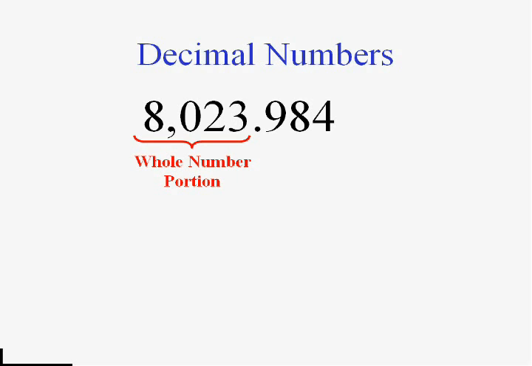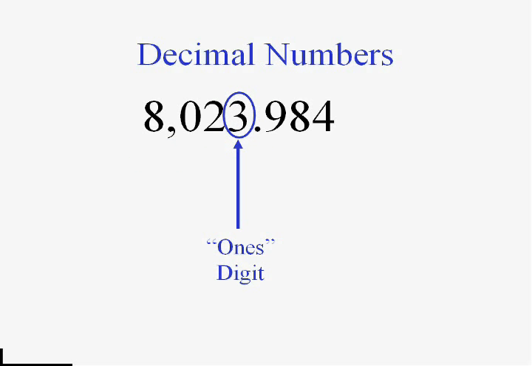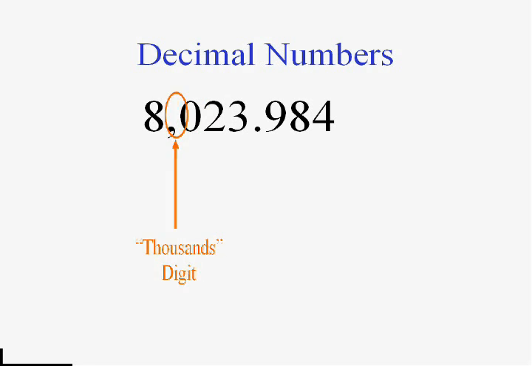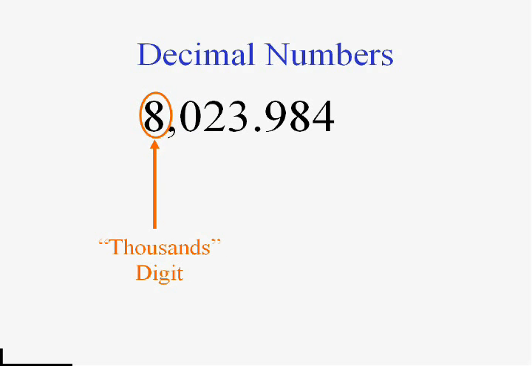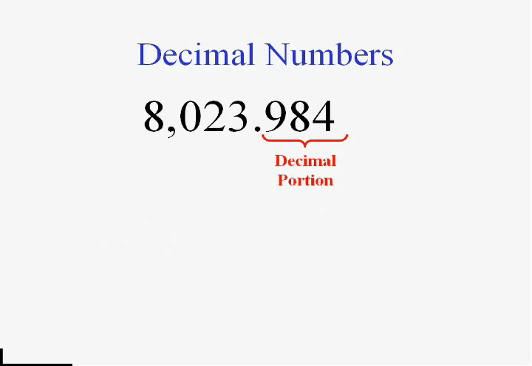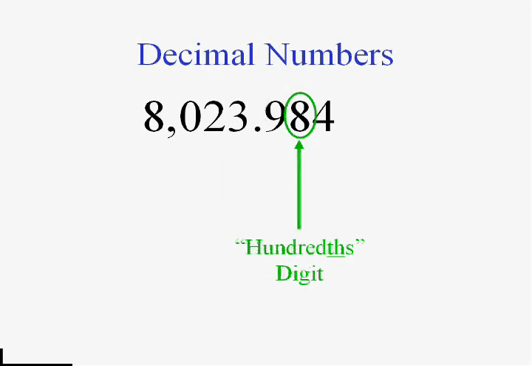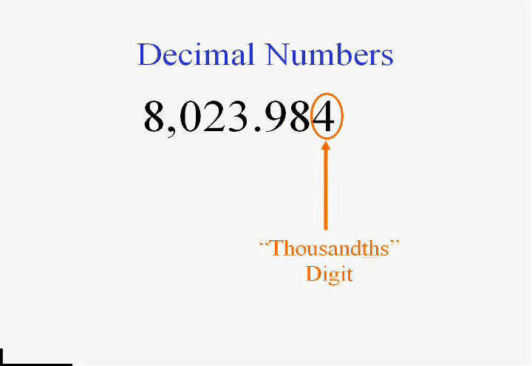It's the whole number portion that works its way from right to left with ones digits, tens digits, hundreds digits, they're getting larger, thousands digits, etc. And then there's the fractional part or decimal portion on the other side of the decimal point that goes from left to right. Tenths, hundredths, thousandths, etc. Now, when we rounded whole numbers,